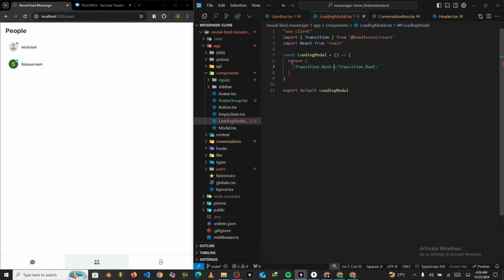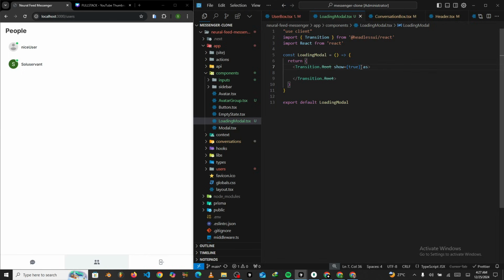Then we just close it up, and then inside this transition dot root, you're going to have to show and set that show to true, so it becomes constant. This value doesn't depend on anything outside here, right? This value only depends on the value of the is loading inside the previous file, that is this one, the users, the is loading that is set out here, right? And a bunch of other factors that we are going to see later. So we can just set this show to true,